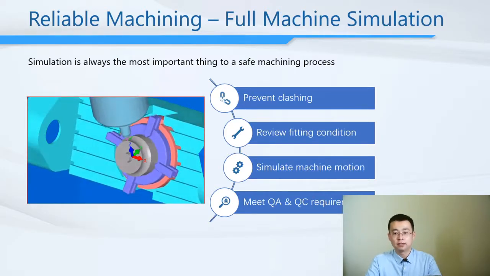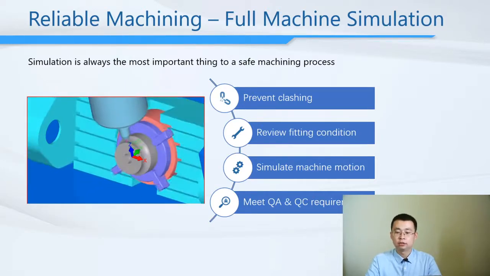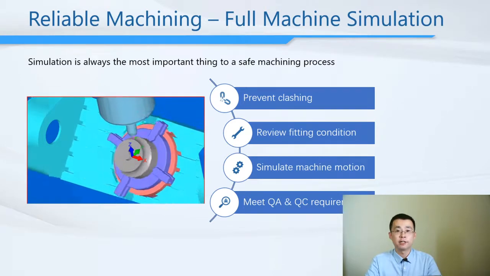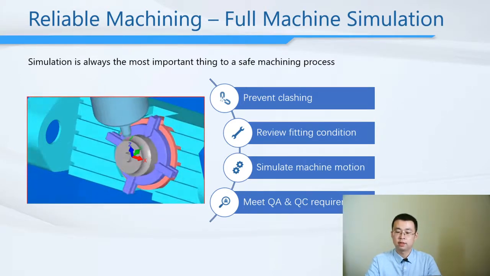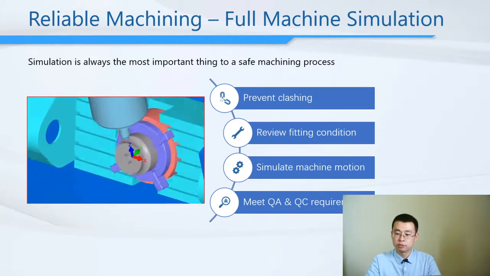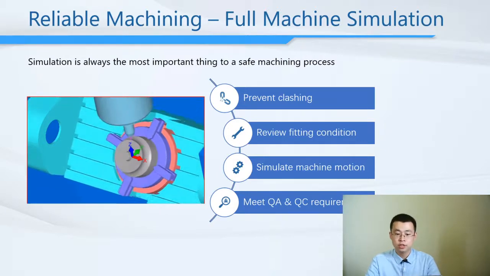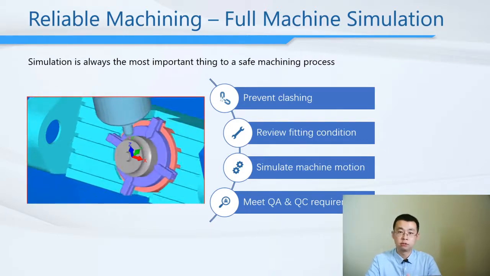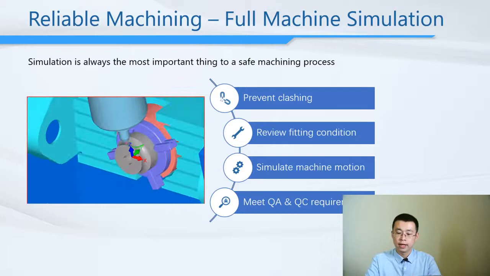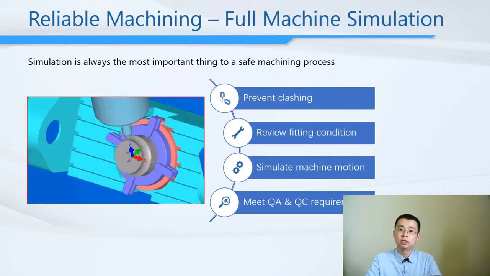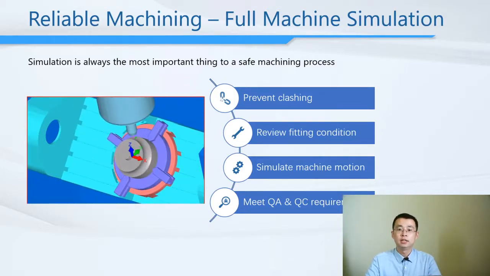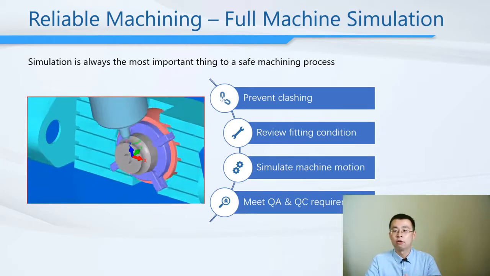It will help us prevent clashing, review the fitting conditions, and simulate the machine's motion, all the components, the axes, the tables, the clamps, the spindle. And it will easily meet the quality control requirement,